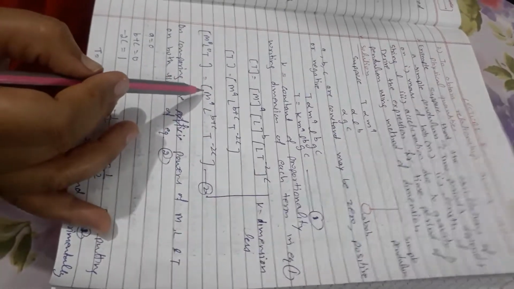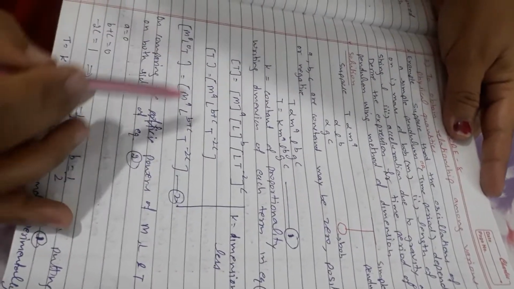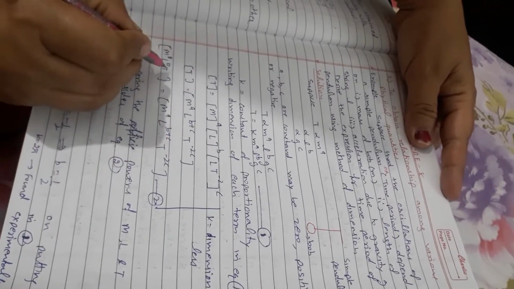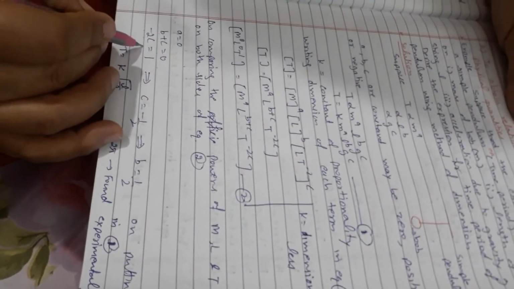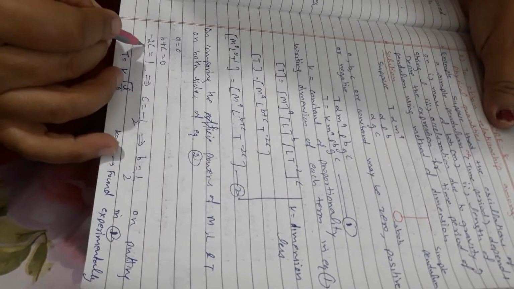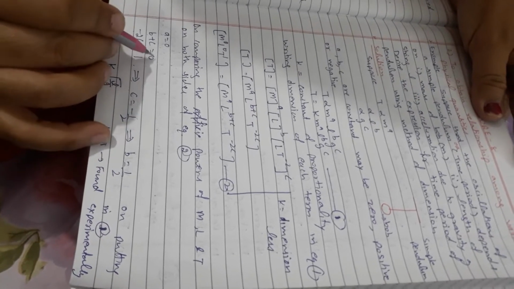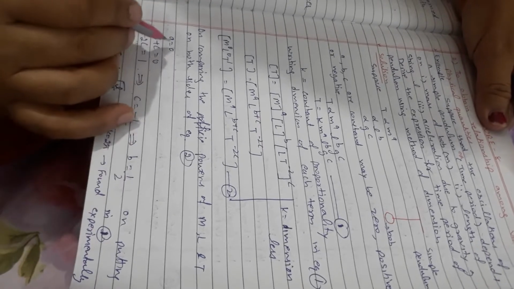See here, if we compare it, then what do we observe, that a is equal to 0, b plus c is equal to 0, and minus 2c is equal to 1. So I have written here a is equal to 0, b plus c is equal to 0, minus 2c is equal to 1. If we solve these equations one by one, you will get the value of c as minus 1 by 2. If we put this value of c here, then you will get b is equal to 1 by 2 and a is equal to 0.